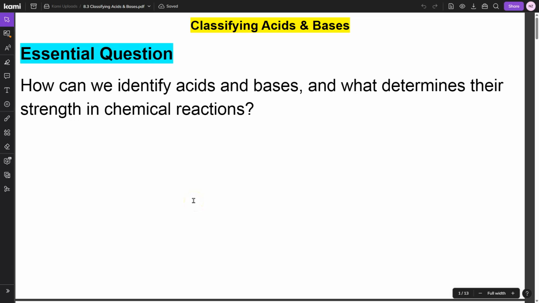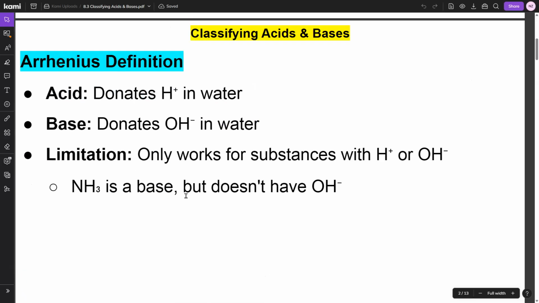In this video, we're going to go through classifying acids and bases. We'll answer the essential question: how can we identify acids and bases, and what determines their strength in chemical reactions? So we're going to look at two definitions of acids and bases, and we're going to start with the Arrhenius